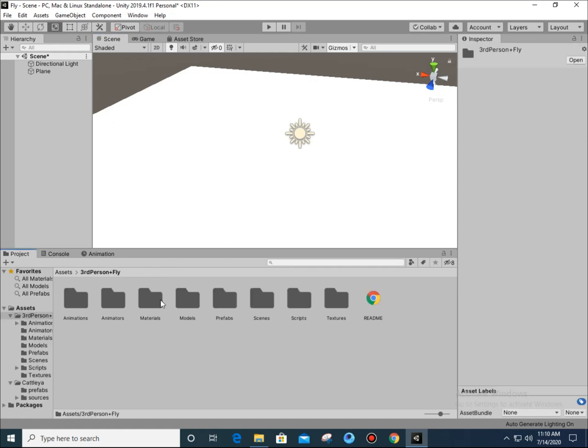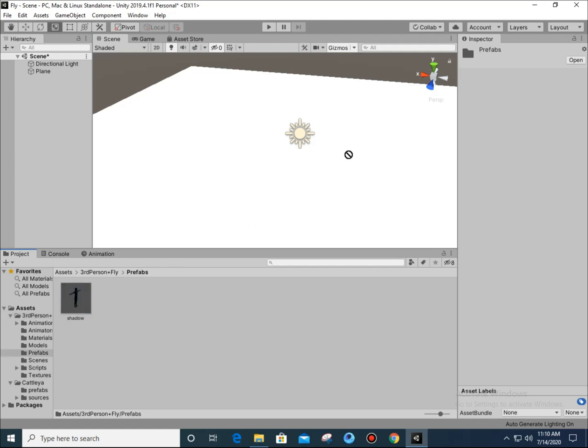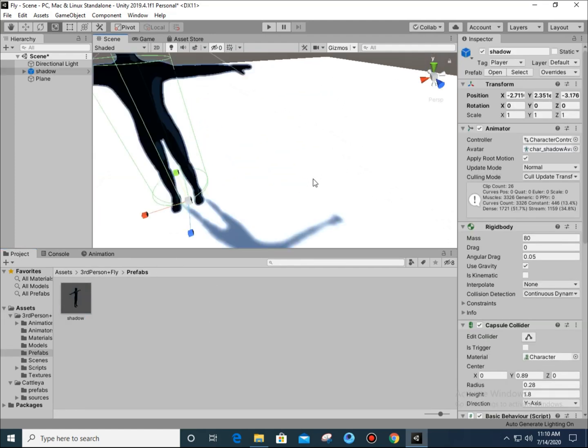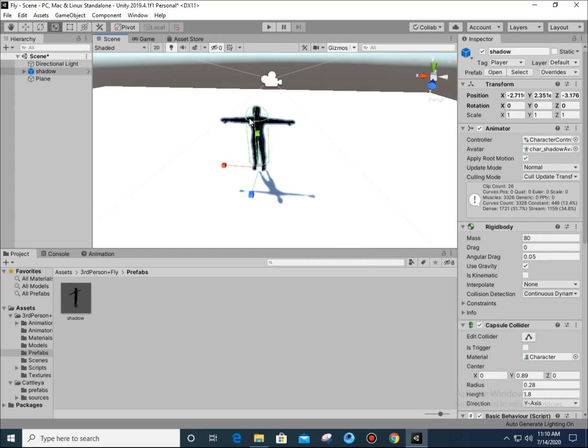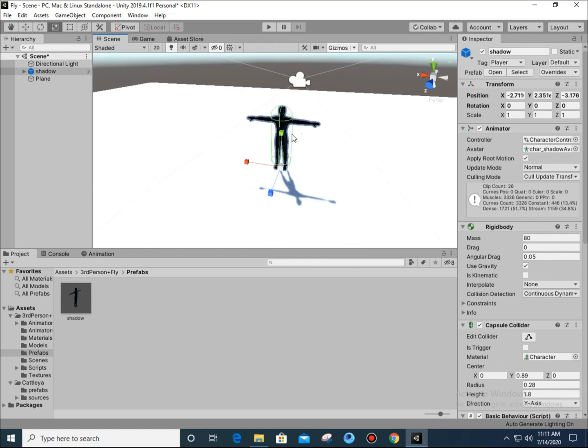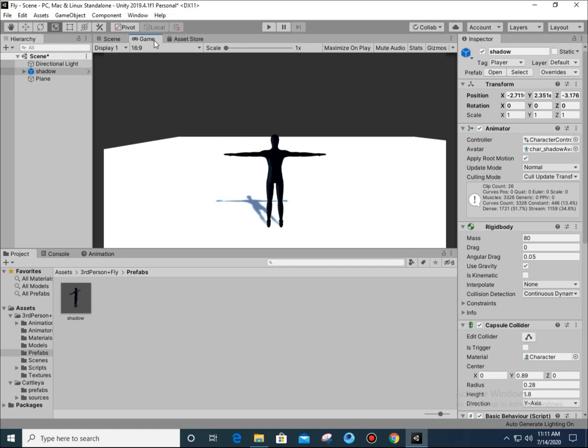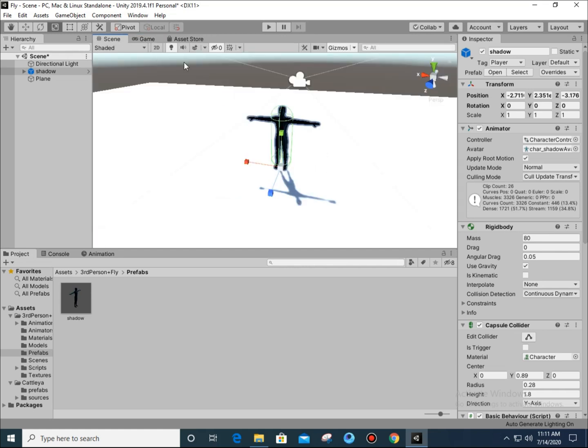Now go to Third Person, and then Prefabs, and then drop this Shadow guy into the scene. And yeah, he is the main character that we used. Now he can do all what he did before. And you will see that as soon as you drop this thing on the scene